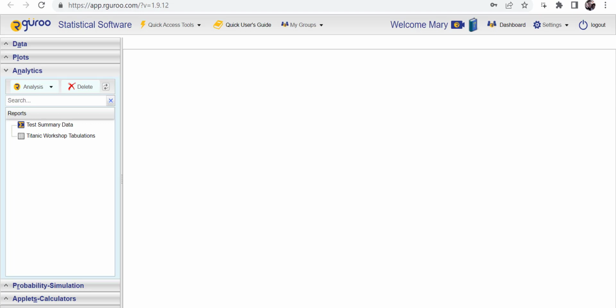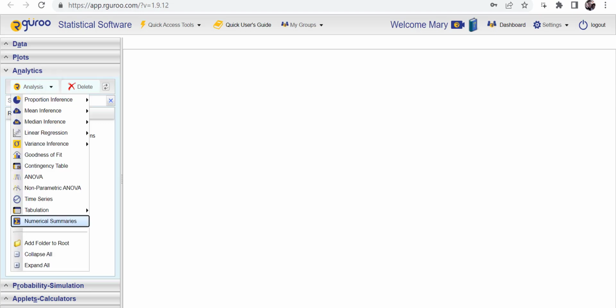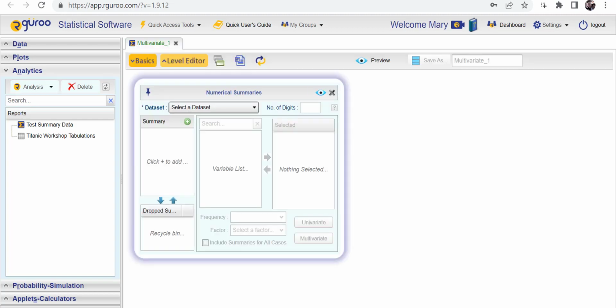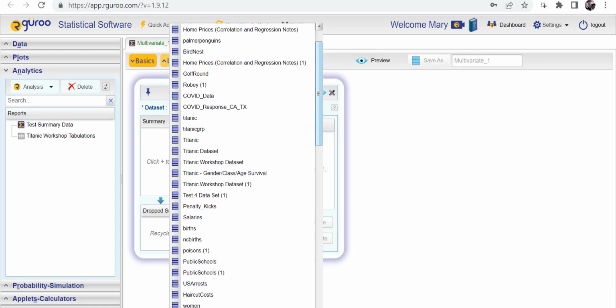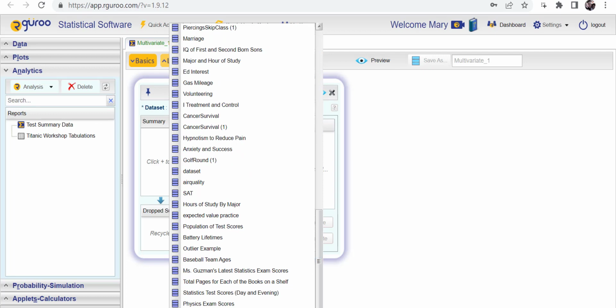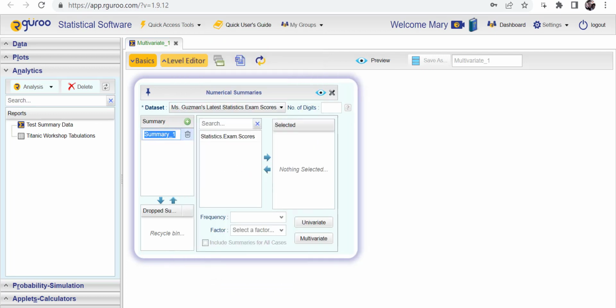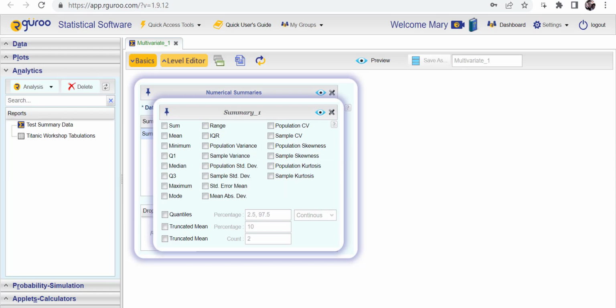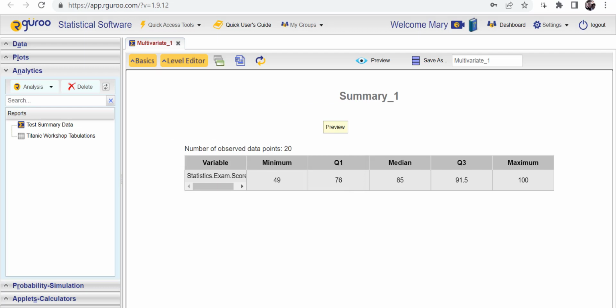Okay, so let's do this. Click Analysis, Numerical Summaries. We're going to choose a new data set. This one is Miss Guzman's latest statistics exam scores. I'm going to move statistics exam scores over to selected, click univariate, and then click minimum, Q1, median, Q3, maximum, and preview. And I have the following 5 number summary. I have 49 as the minimum, 76 as Q1, 85 as Q2 or the median, 91.5 as Q3, and 100